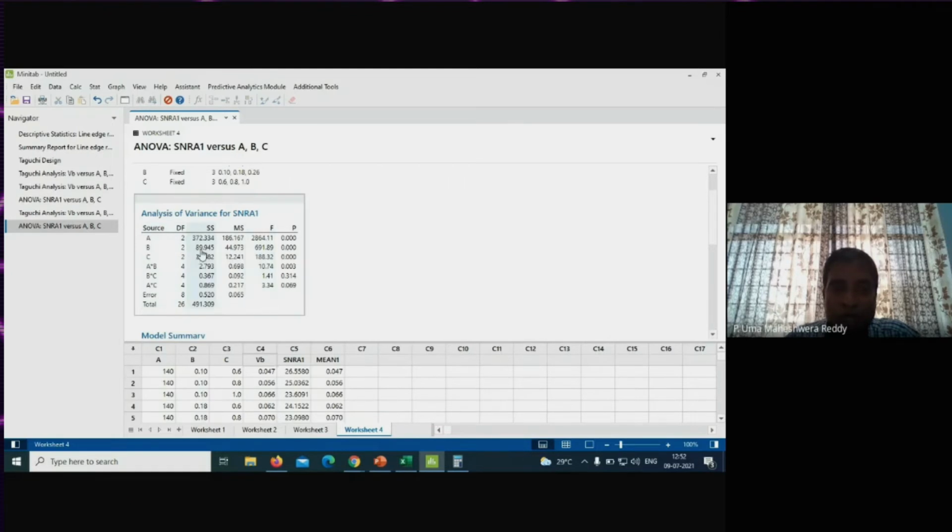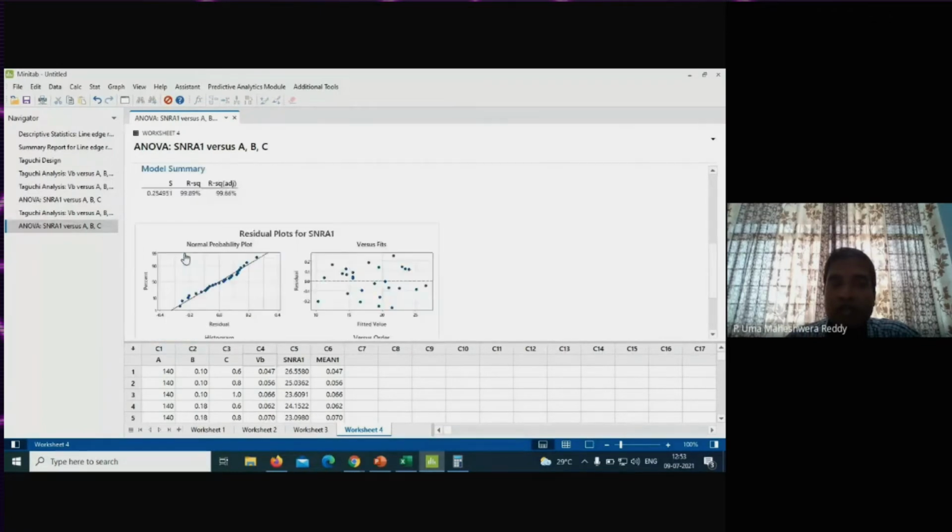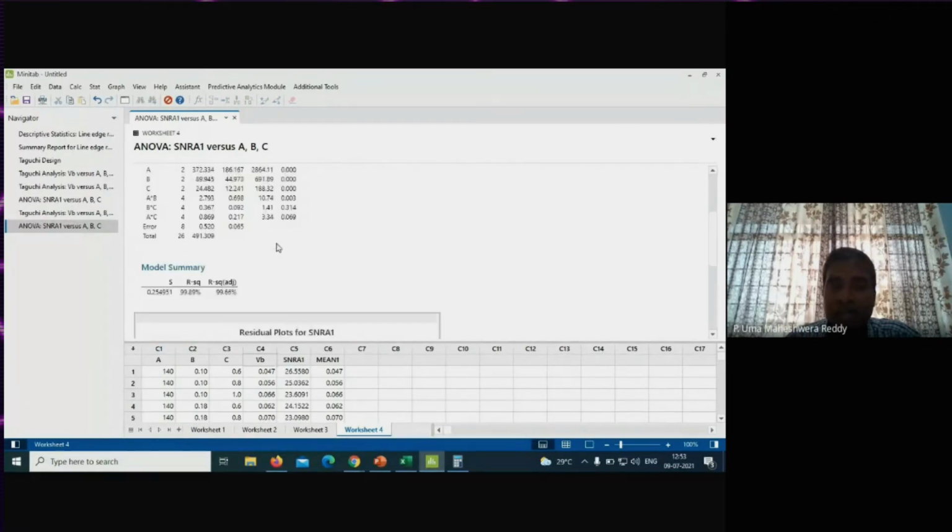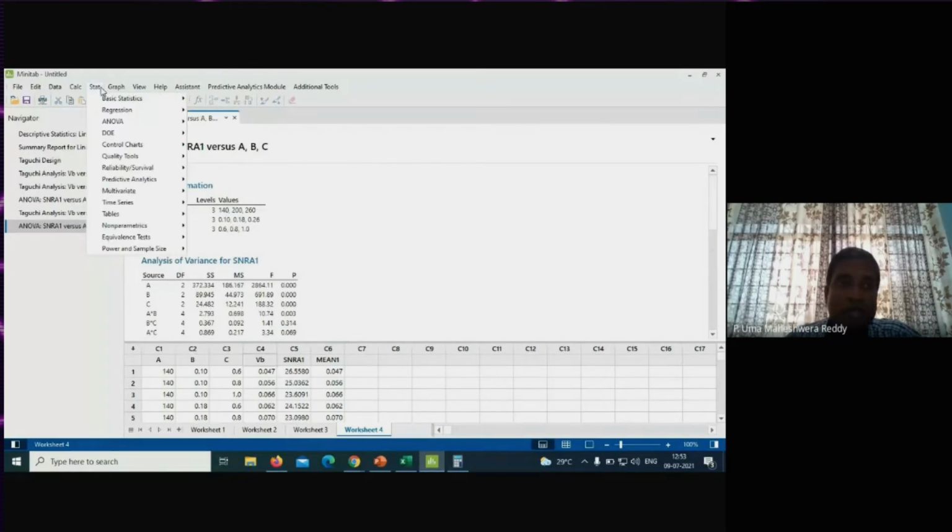So followed by feed, then depth of cut. And from this, you can conclude that there is no significant effect for interactions on the output. See, only 2.793 by 491, it is something like 0.02 or 3. So there is no effect of interactions. You can ignore the interactions. You need not consider the interactions. So that is how we conclude this influence of factors on the output using ANOVA table. And so this already explained, and let me go back to the next topic.